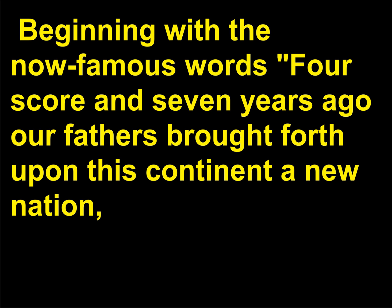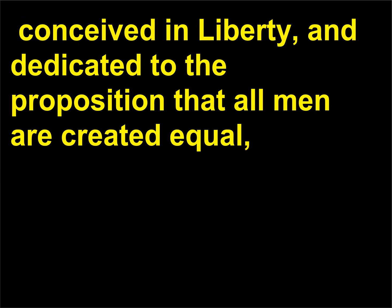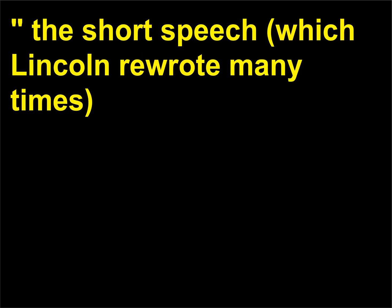Beginning with the now famous words, "77 years ago our fathers brought forth upon this continent a new nation, conceived in liberty, and dedicated to the proposition that all men are created equal." The short speech, which Lincoln rewrote many times,